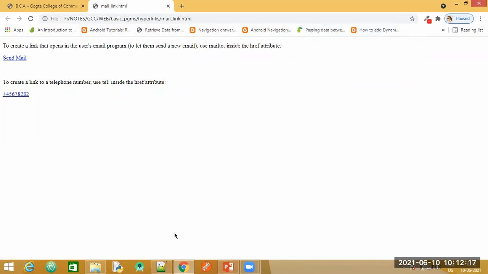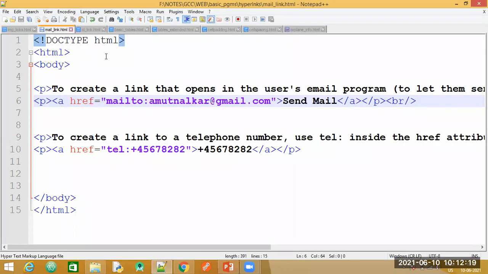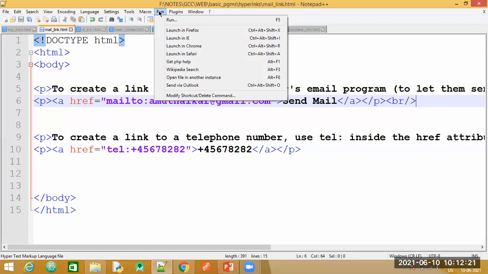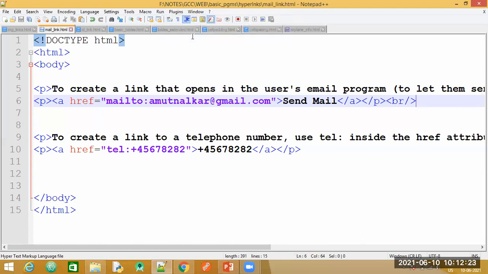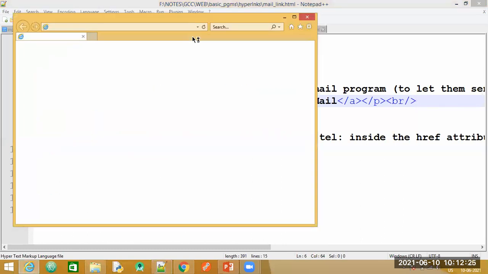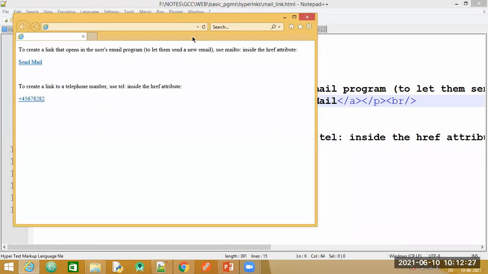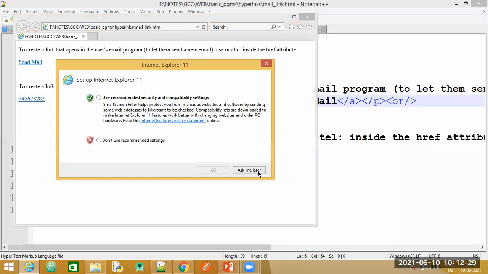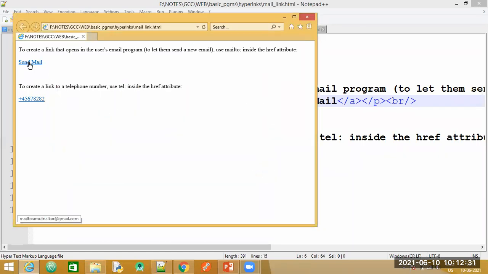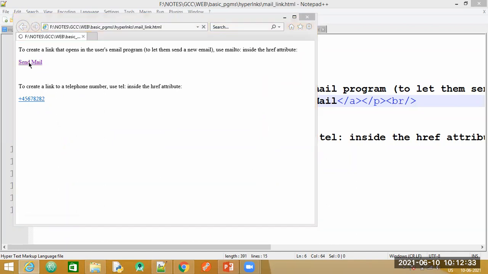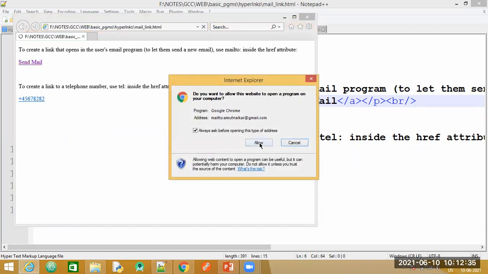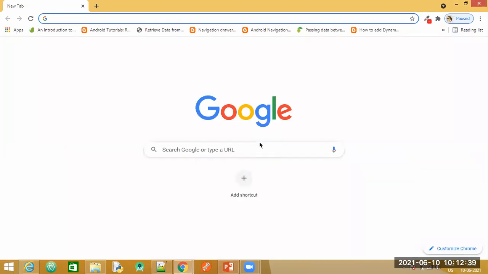Let us try to run this same program in Internet Explorer. I'll click here. So it will open up this, and here again you will have to sign into your Gmail account.